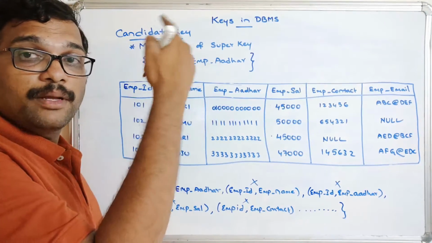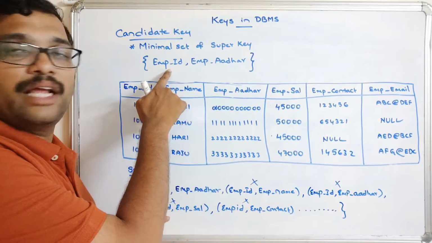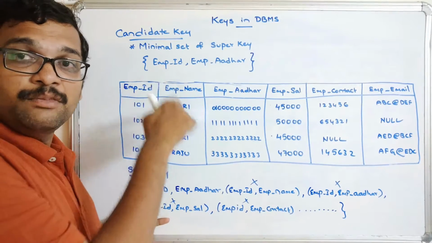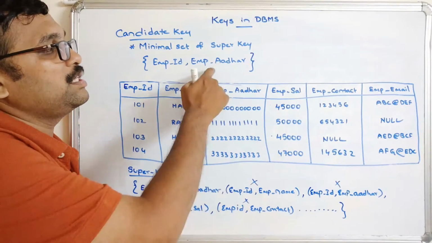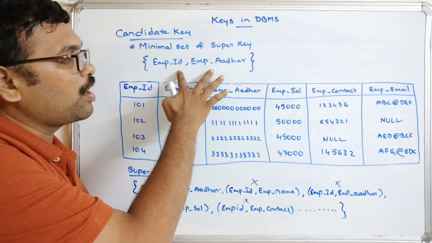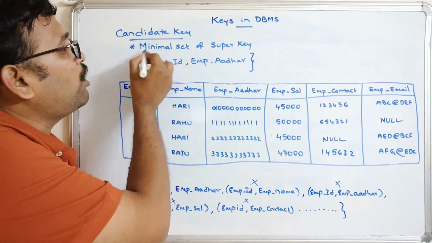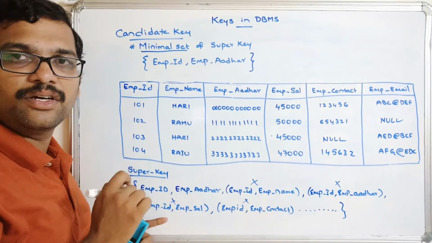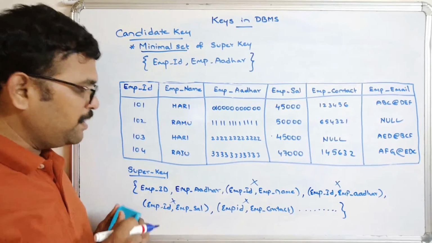So whatever pairs we have written in super key associated with this particular employee ID will not be accepted as a candidate key. Similarly, the pairs in the super key where this particular employee other is associated will not be considered, because these two are already considered as candidate keys. So that's why we call it a minimal set of a super key. So this is the candidate key. The next one is